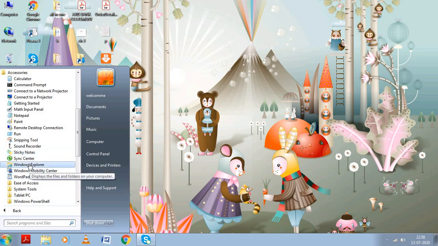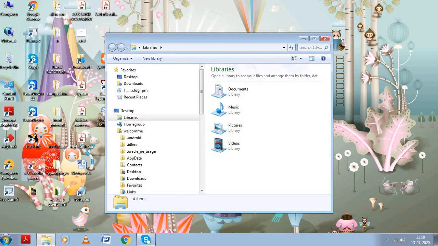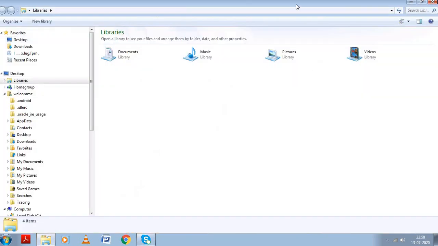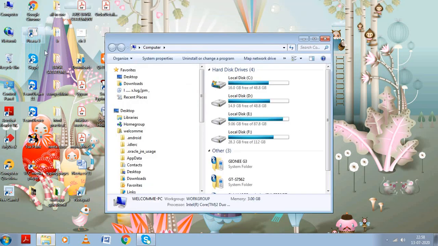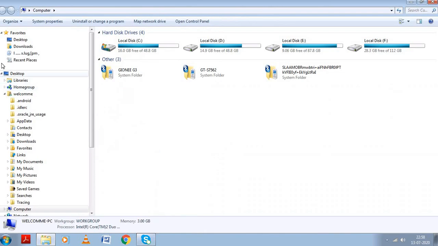Now you can see Windows Explorer. Click on the Windows Explorer button and you will find this type of screen. A very quick shortcut method to access Windows Explorer is the computer icon on the desktop. Whenever you double click on it, you can again see the Windows Explorer window.